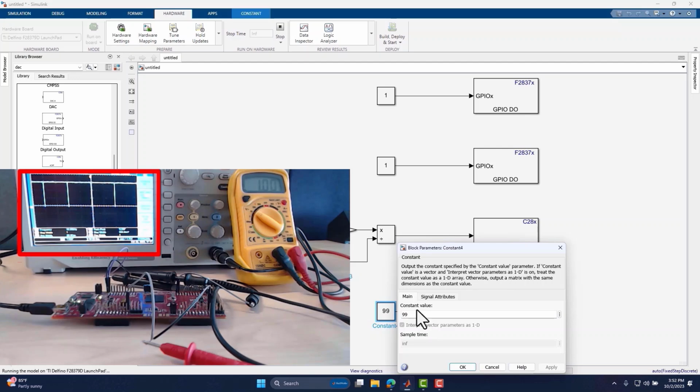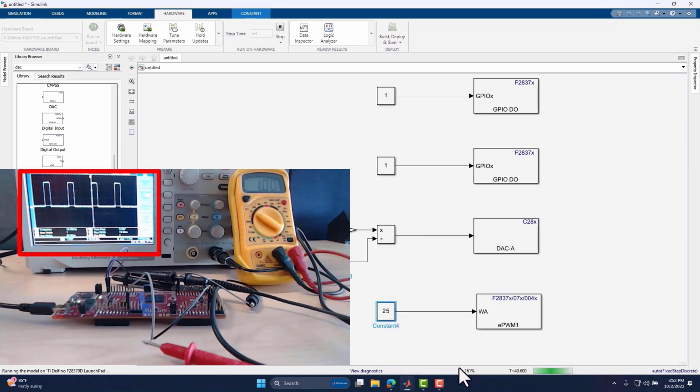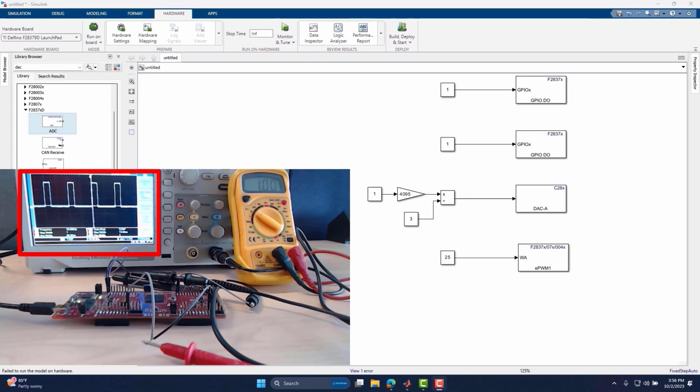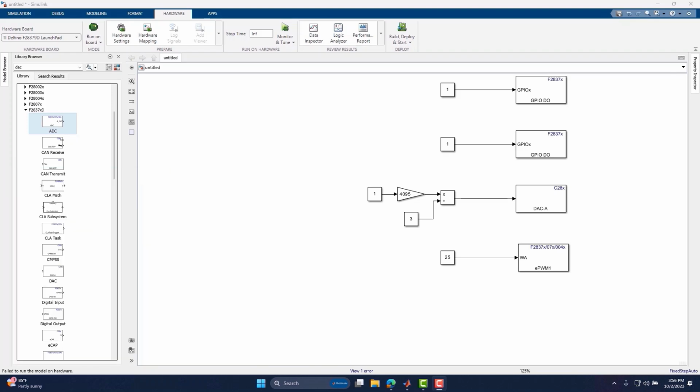So like this, you can use these EPWM blocks in your model to build power conversion and motor control applications that require PWM signals at the end to control the switching devices. So far, all these blocks that I showed were actually generating only output signals. Next, let's read some values from the external world using the ADC block as an input.